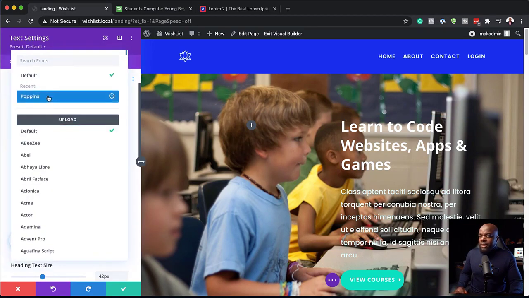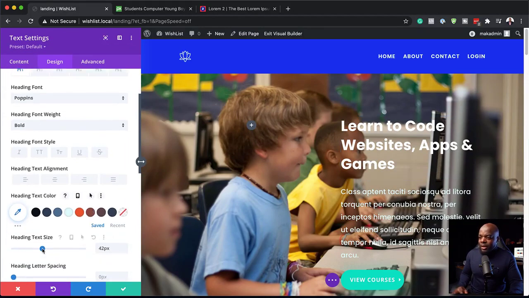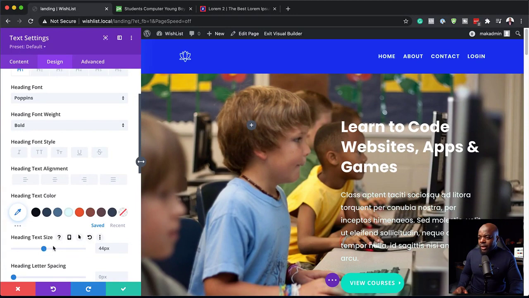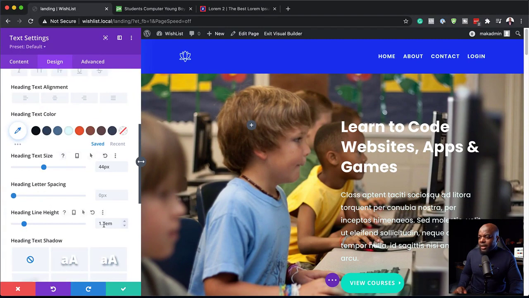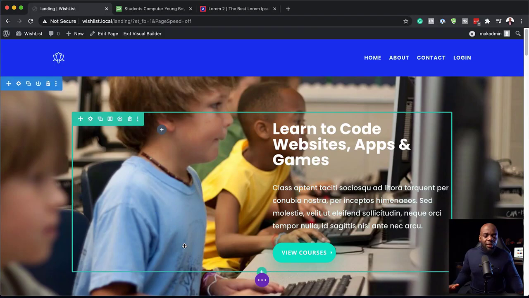So I'm going to click here on Poppins, and as you can see, my font has changed. I'm going to increase the size a little bit. Okay, 44 is fine. And I'm just going to set this to 1. Okay, just 1 EM. Okay, great. So now my heading here is looking great, but I'm sure you can agree with me that over